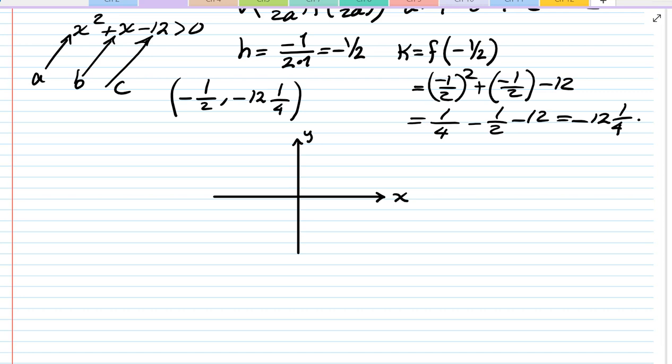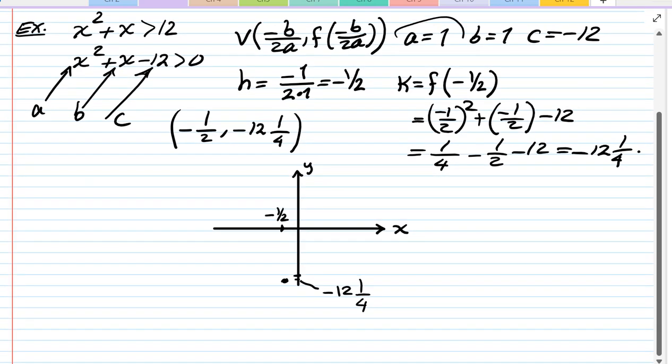Okay, let's label these. Suppose this is negative 1/2 on the x-axis. And suppose this is negative 12 1/4, just a hair below here. Now, by the way, my x and y tick marks are not the same, and that's perfectly fine. So here's my negative 1/2, and this will be negative 12 and 1/4. Just above that is negative 12. Now, because a is positive, a is 1,